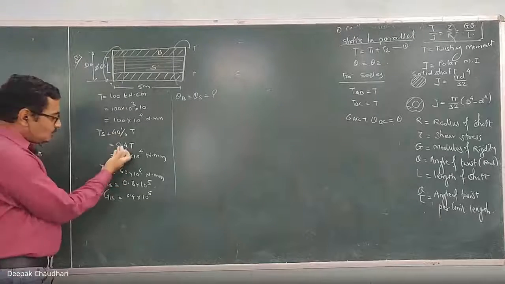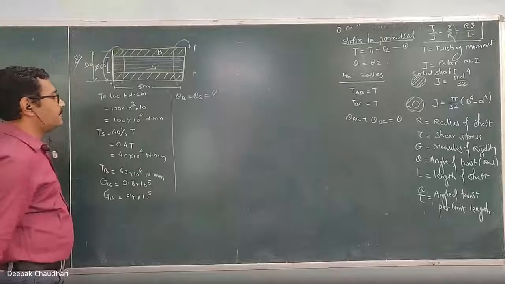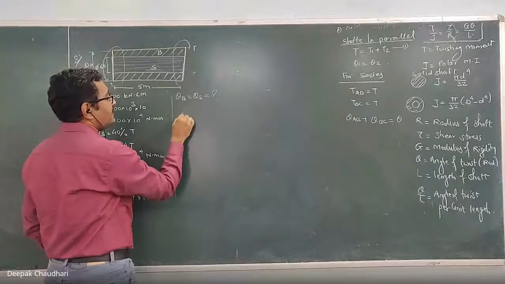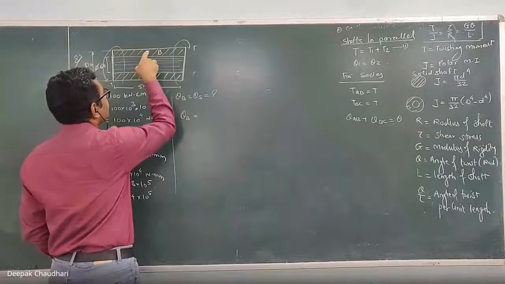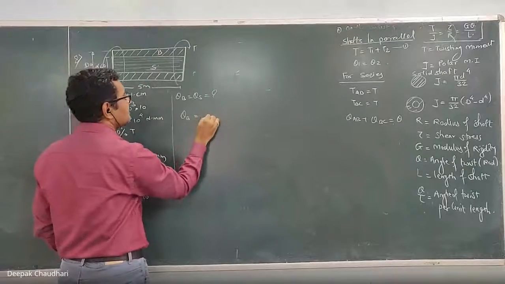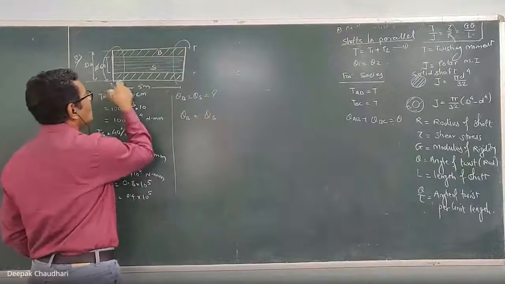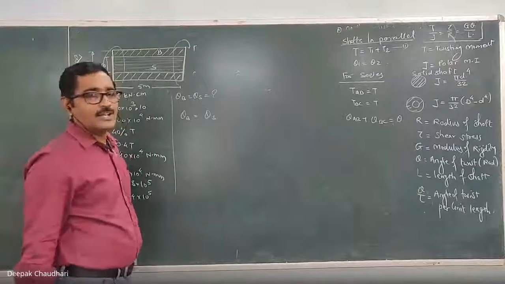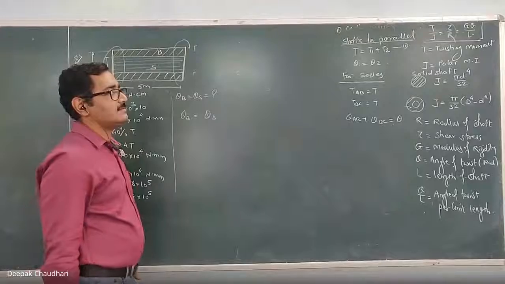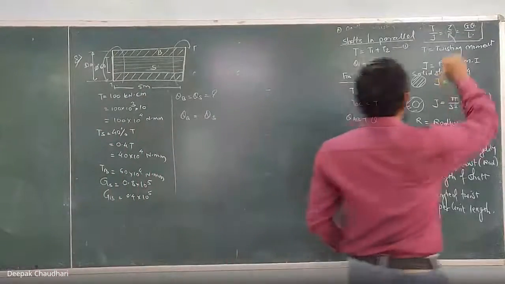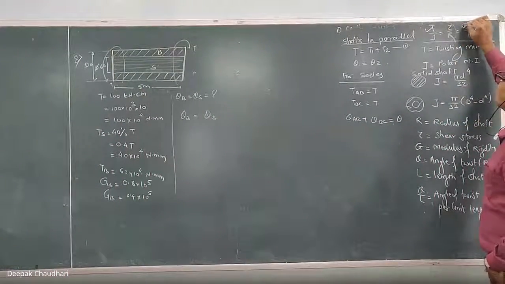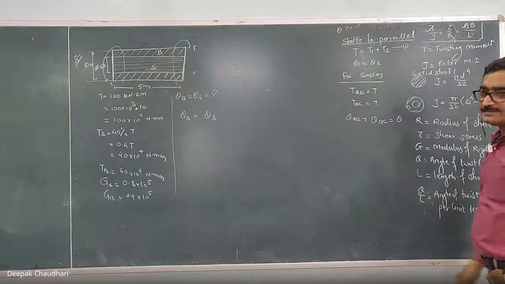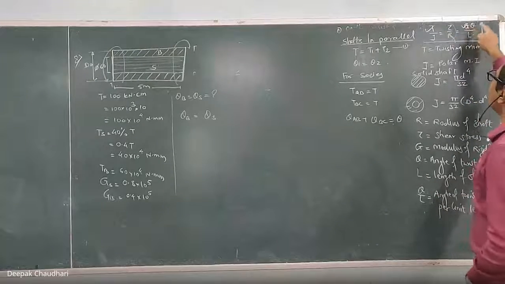So we know the torque shared by the steel and the brass here. So we have already used this. So let's use the second relation. So we know that when the shafts are connected in series, then the angle of twist in the brass is equal to the angle of twist in the steel over the length of 5 meter. We also have to calculate its value, but initially we can write down this relation. Now we know the torque, we know the modulus of rigidity, and this is the relation between the torque and the angle of twist. So from this relation, I can write down the angle of twist.